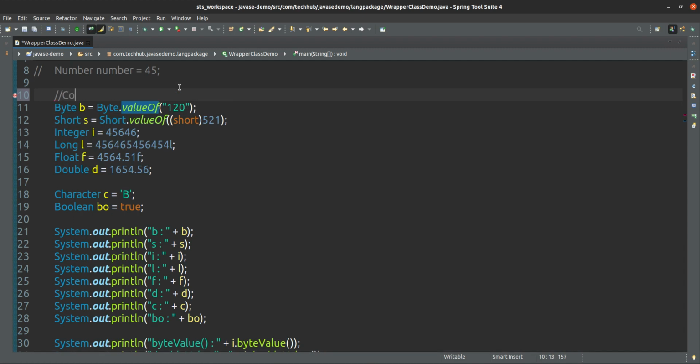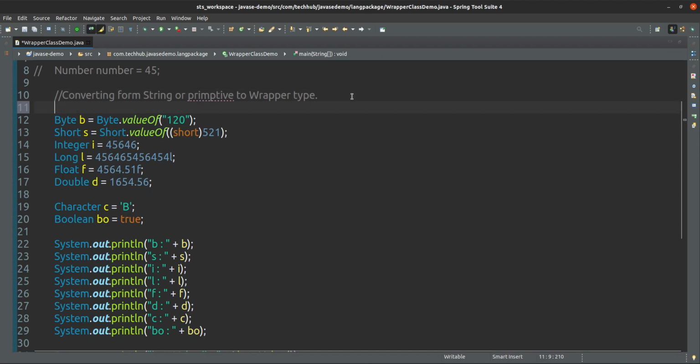What we are doing here is converting from string or primitive to wrapper type, from primitive or string to wrapper type. Converting, converting. Yes, primitive, spelling is correct only, I think.